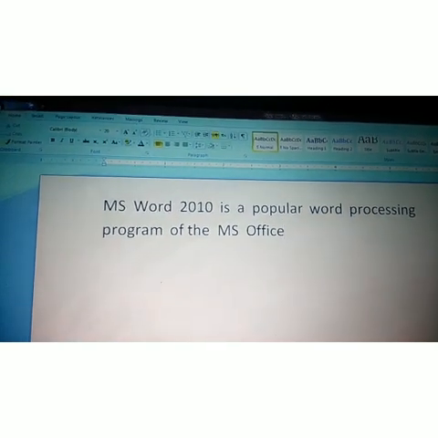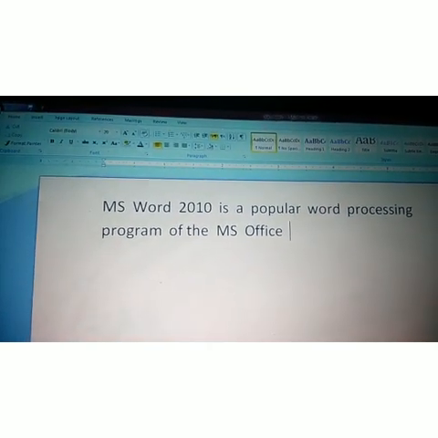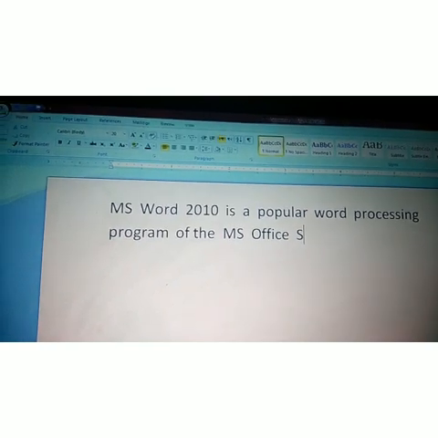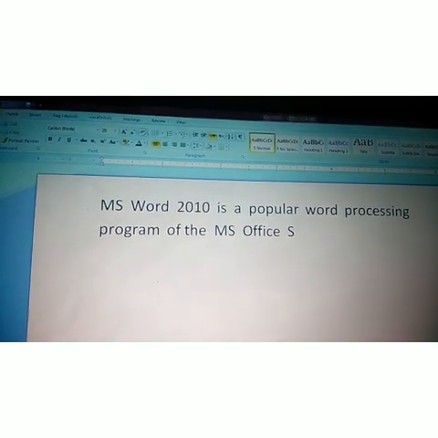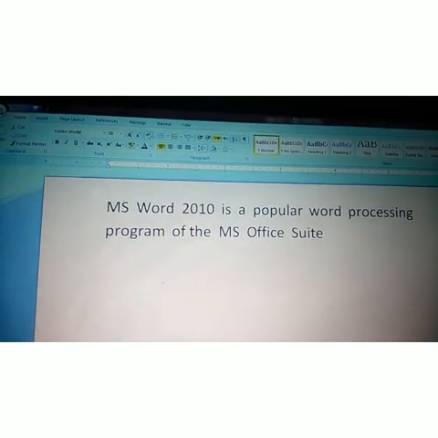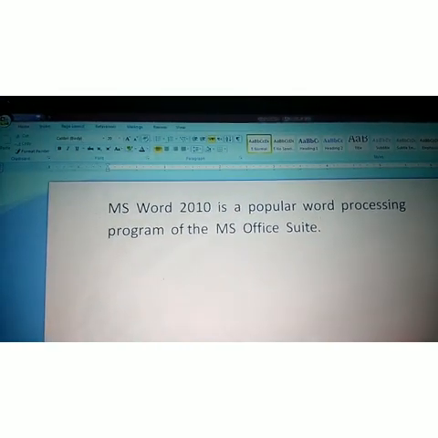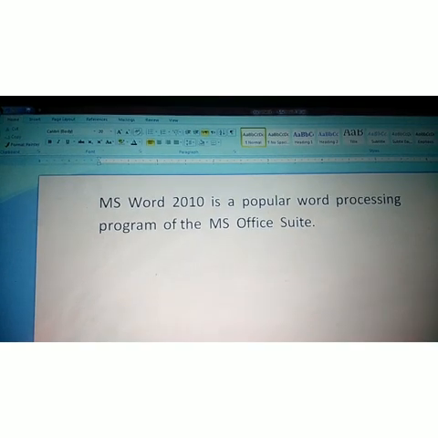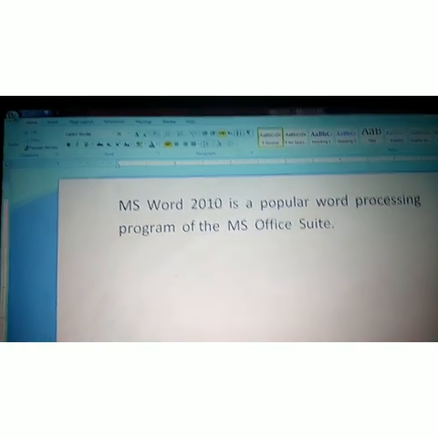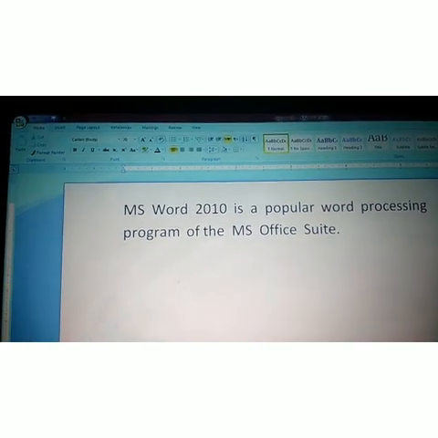MS Office. Again using caps S and after that small: suite. Okay, MS Word 2010 is a popular word processing program of the MS Office suite.